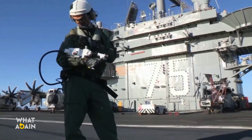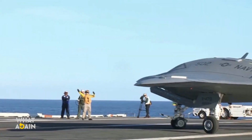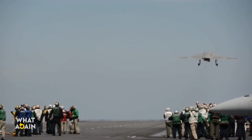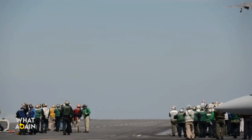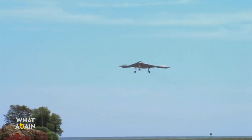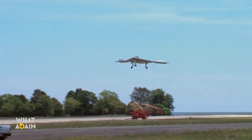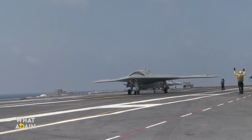Under a contract signed in 2007, the company designed, built, and is currently flight testing two X-47B aircraft. In 2013, these aircraft were used to demonstrate the first-ever carrier-based launch and recovery by a relatively hard-to-observe unmanned autonomous aircraft. In April 2015, the X-47B once again made aviation history with the first-ever autonomous aerial refueling (AAR) of